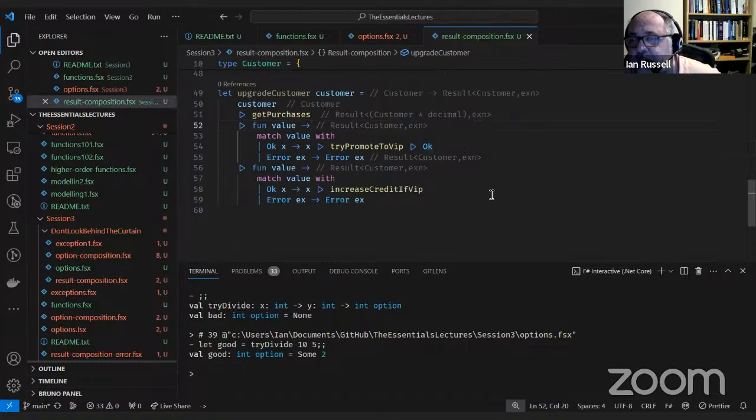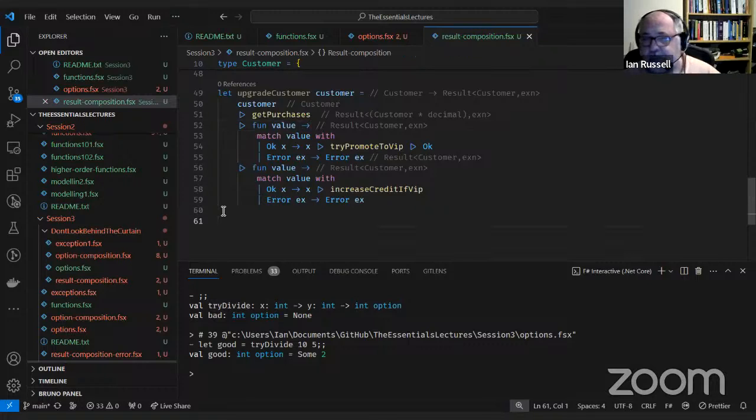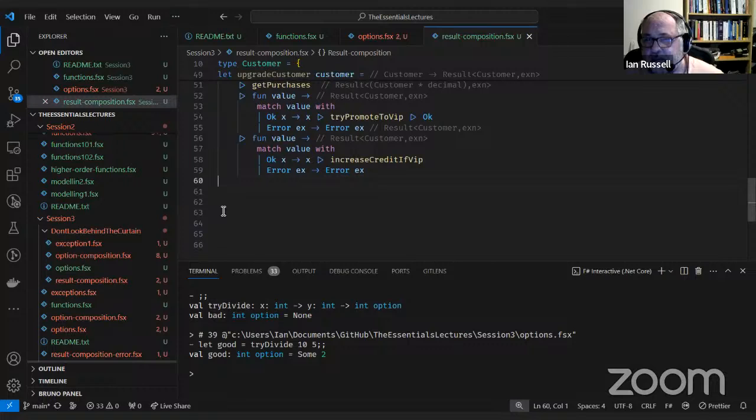So what I want to do is have a look at this match expression, because it's a bit long, it's a bit complicated, and I don't really like it. I want something a little bit simpler than this. So what I'm going to do is try and extract that out and make that a function instead. So I'm going to do this in two bits.